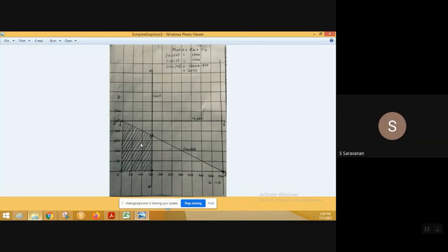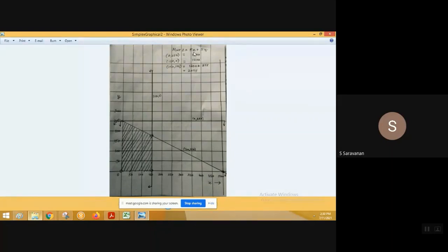So now you will again have 4 points. When it is less than or equal to, obviously 1 point will be 0 comma 0. There is no use of that, so I didn't make a note of it. Then it is 0 comma 250, I have made a note of. Another one is 150 comma 0, I have made a note of. And another one is here, 150 comma 175. Since it is between 200 and 150, I typed 175 there.